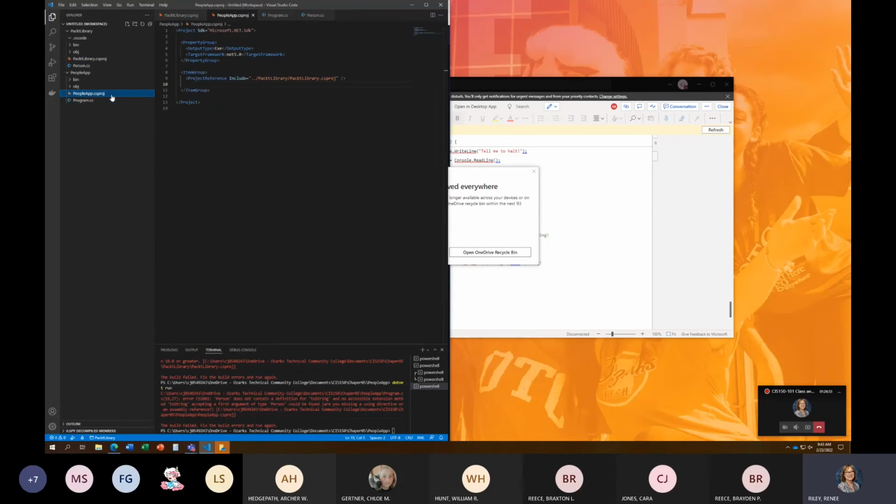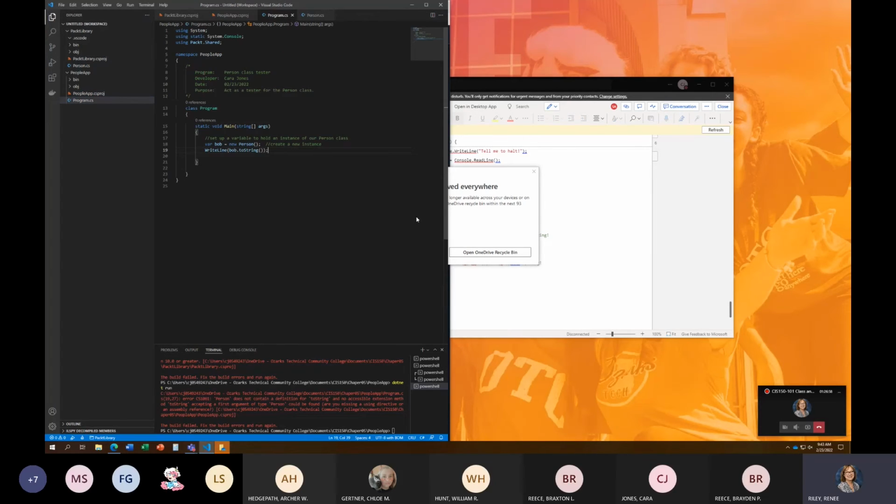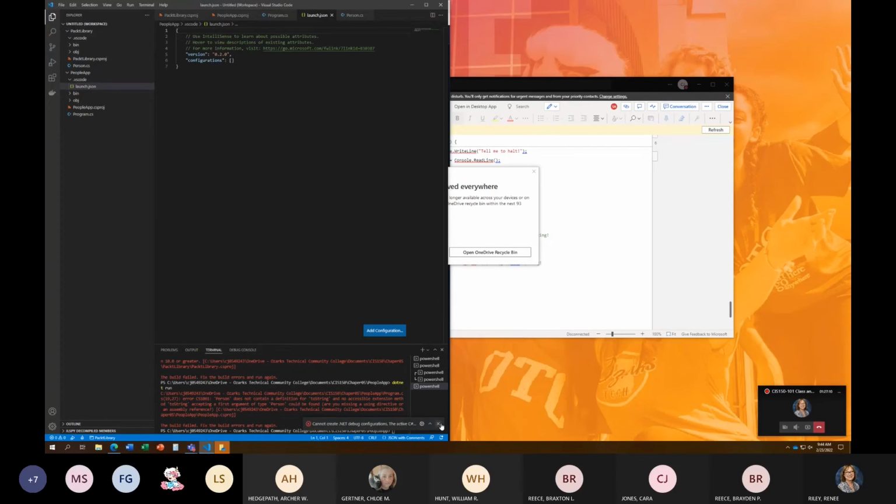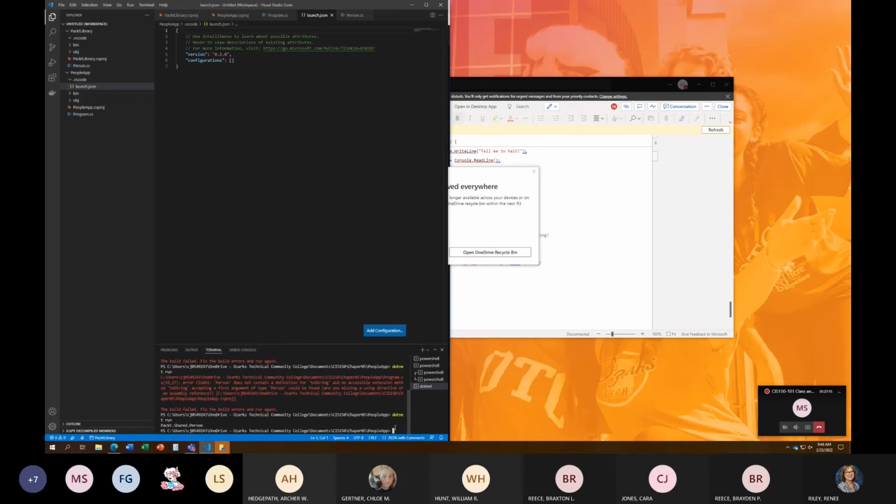So let's go to your program.cs. And I think I see the problem in your program.cs. ToString has to have an uppercase T. So the other things were problems too. Now let's see if that takes care of all of them. Okay, is everybody okay? Lots of little pieces here that we're trying to connect together. So good job. You're super picky.